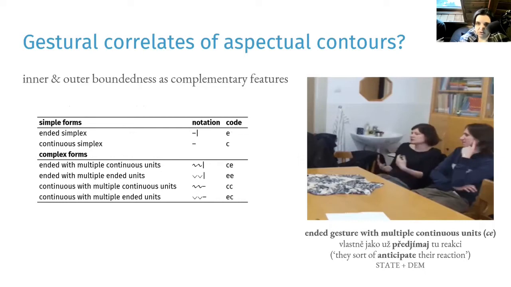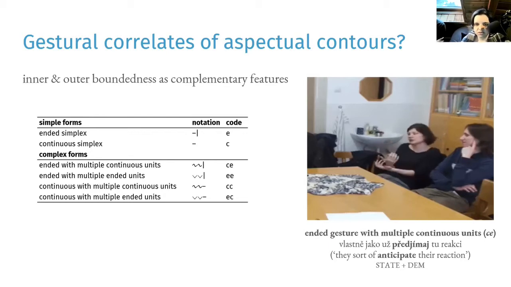And it's different to the kinesiological approach proposed by Dominique Boutet. We find the latter hard to operationalize in human annotation, which is not supported by tools for automatic detection. So that's why we prefer the phonological approach to boundedness in our studies. We distinguish between ended and continuous gestures as for the outer boundedness distinction. Through the inner boundedness or internal structure of the gestural phrase, we specify whether the phrase is simple or complex.